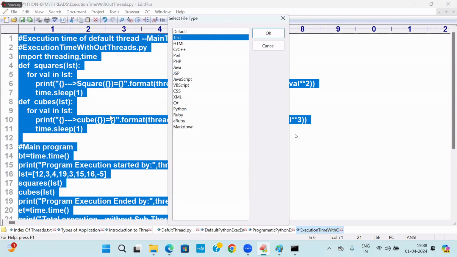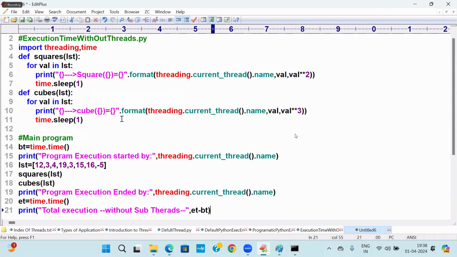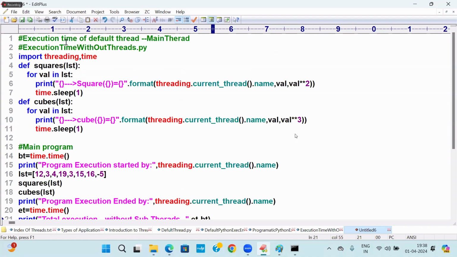See the beautiful output. Now I'm going to show. See this now. Execution time of subthreads along with